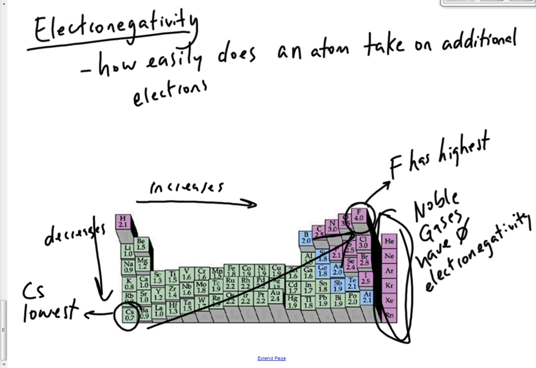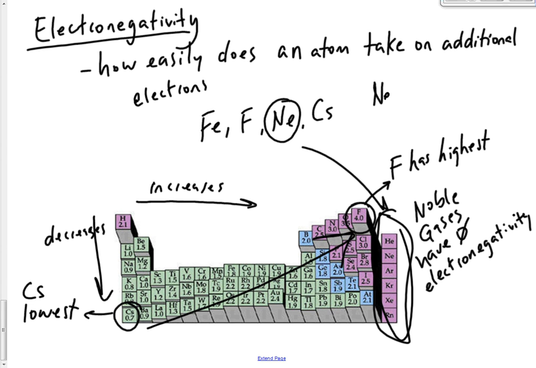Okay, so if I were to say, put these in order of smallest to greatest, and I said, okay, we've got iron, we've got fluorine, and we've got neon and cesium. Okay, if we go smallest to greatest, the smallest one, technically, is neon because it doesn't have any, because it falls into that noble gas category. So we would put that one first, okay, and then what's left over is cesium. We already talked about cesium having the smallest one of all the ones with actual values attached to it, okay, and then iron's right there in the middle, and then fluorine has the highest, so fluorine's last, okay, so this is increasing,